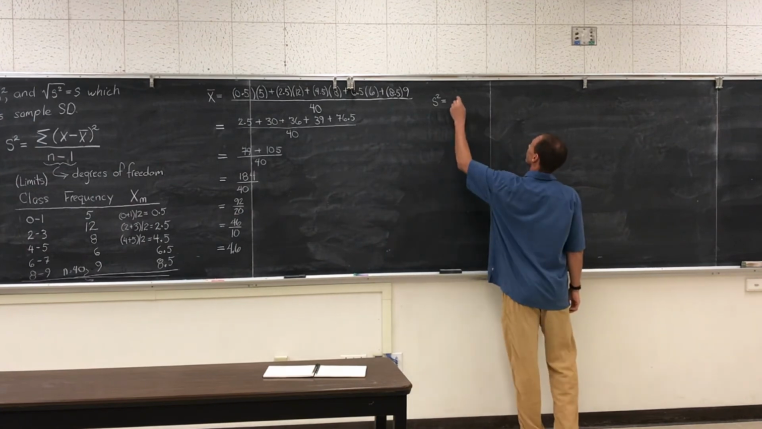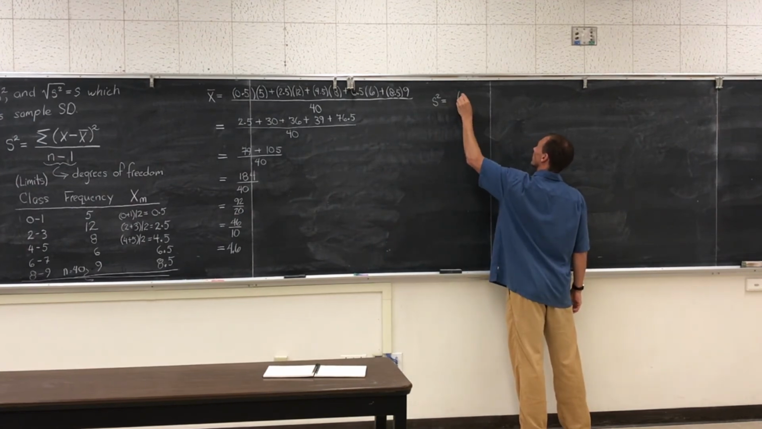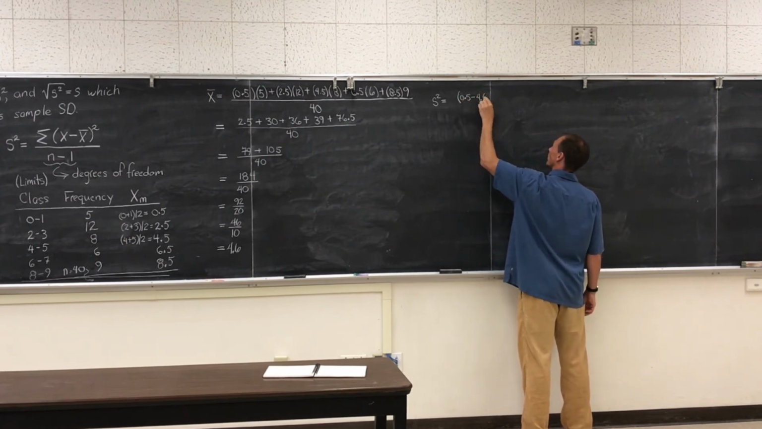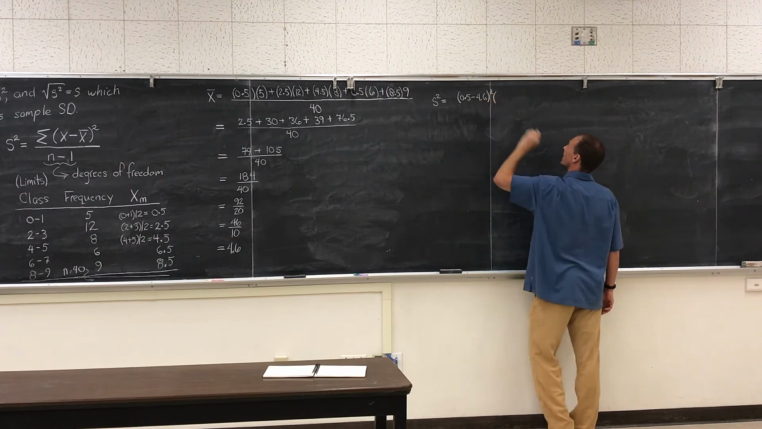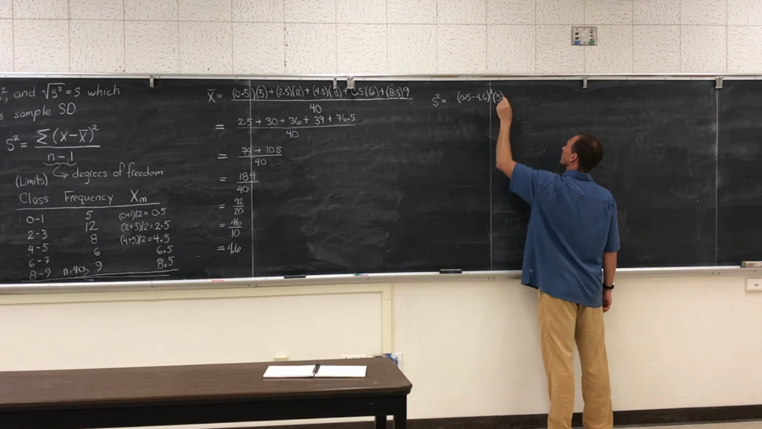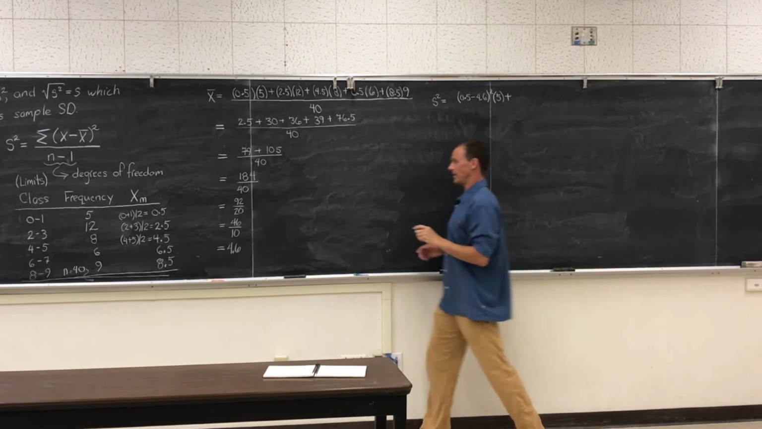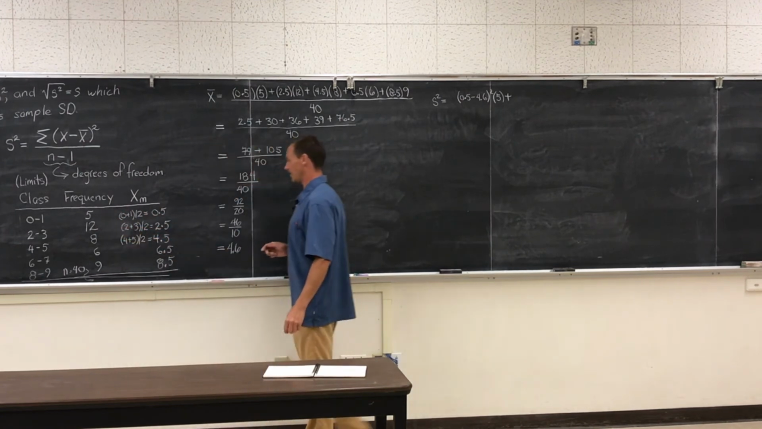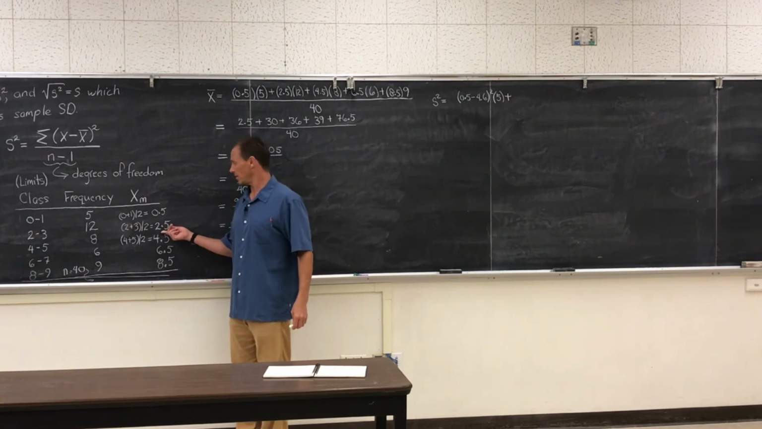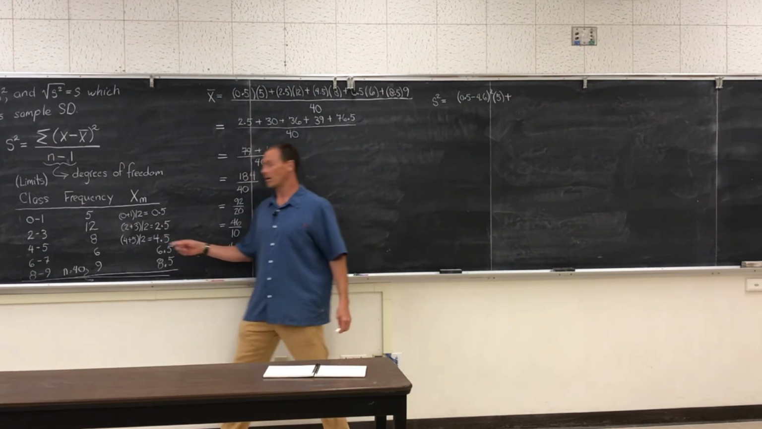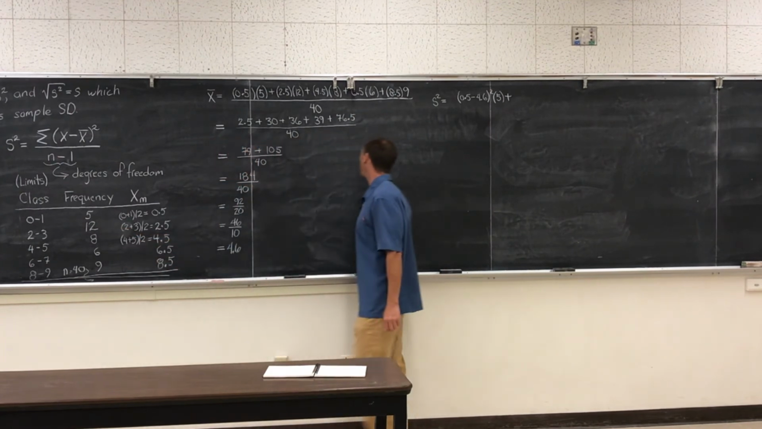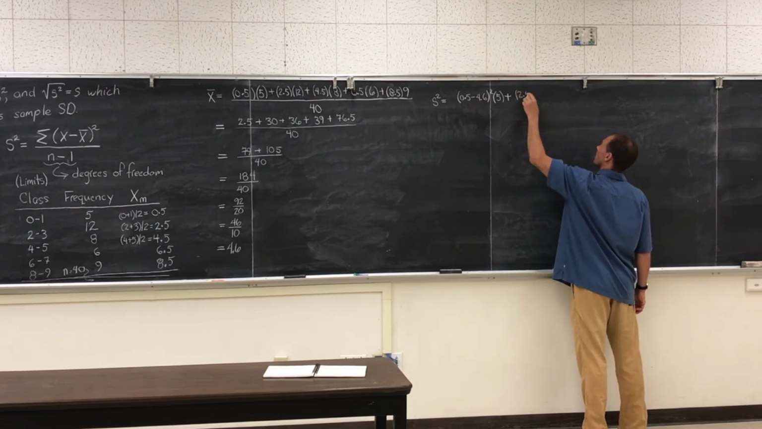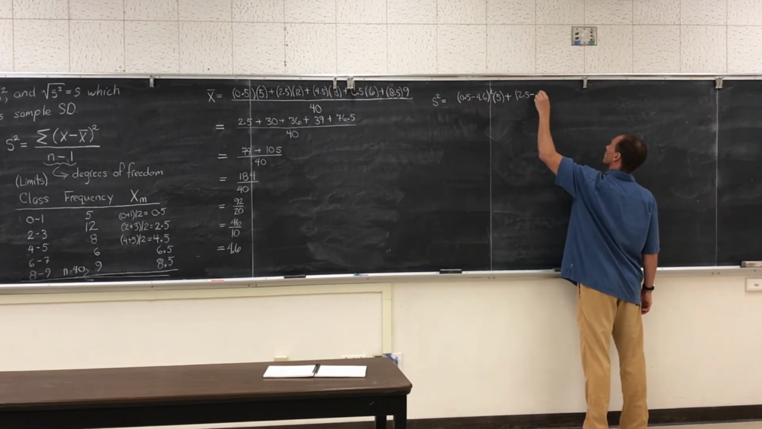So we have our first data is 0.5 minus the mean 4.6 squared times the number of data, 5, plus, remember, that's the number of data values in that class. So our next one is 2.5. Our mean is still 4.6. Our frequency this time is 12. So what do we do here? This is going to be a 2.5 minus 4.6